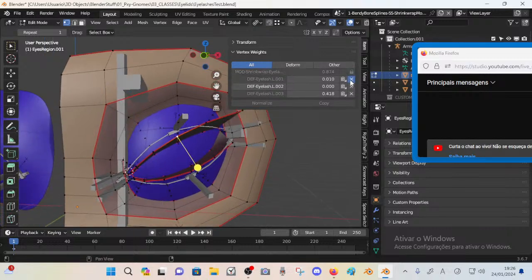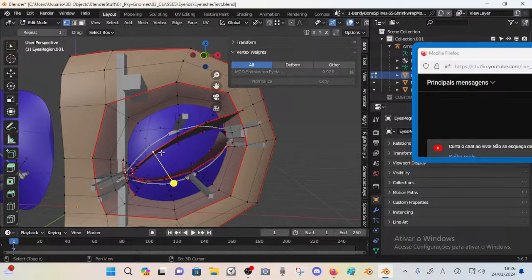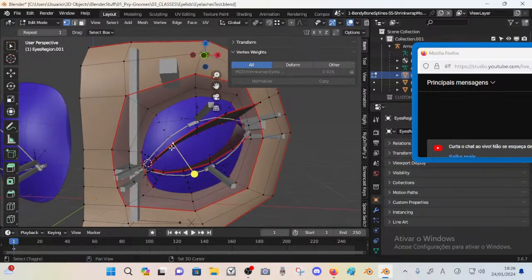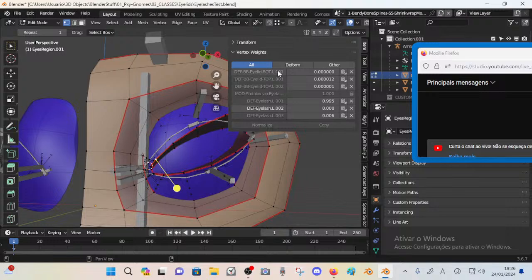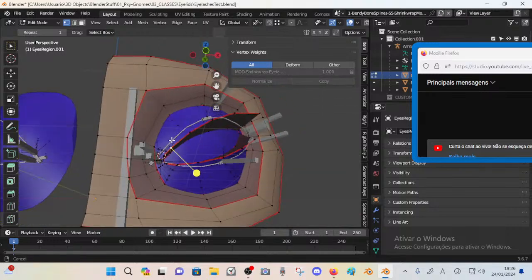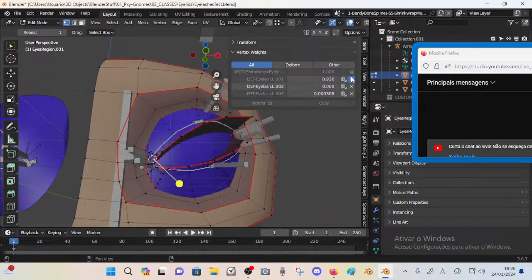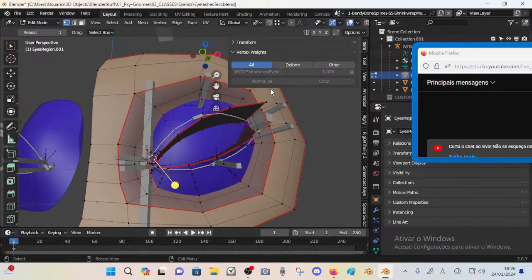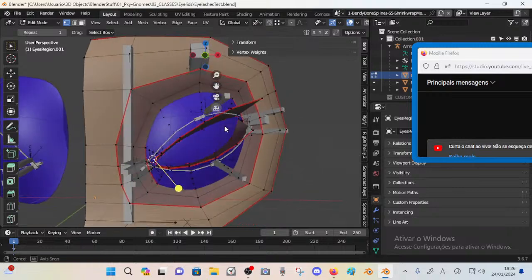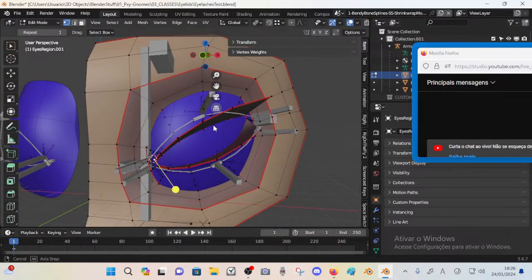No, I think not. So this is a bit complicated. I don't know, the auto normalize, yeah, it worked, but it kept this strangely. Alright, then, so maybe extrusion is not the